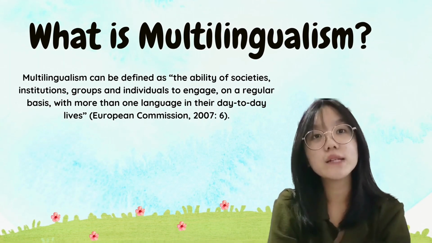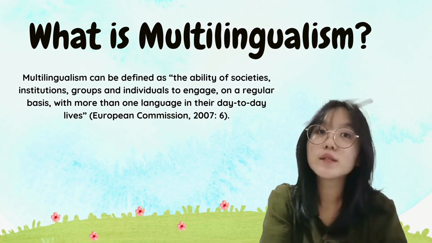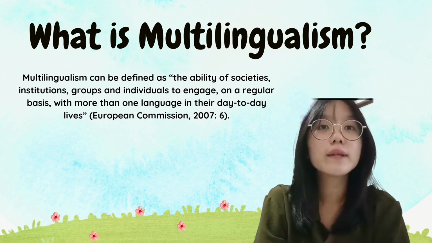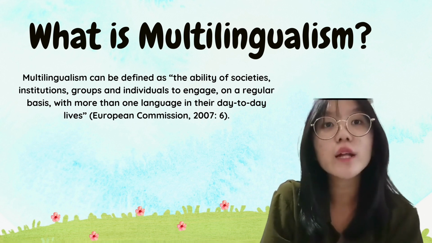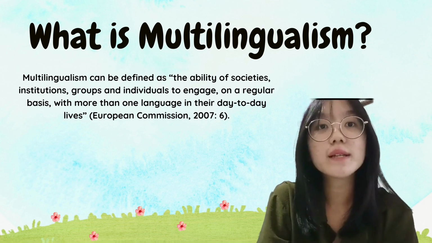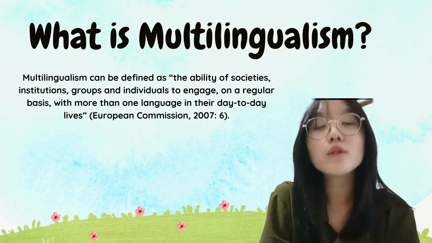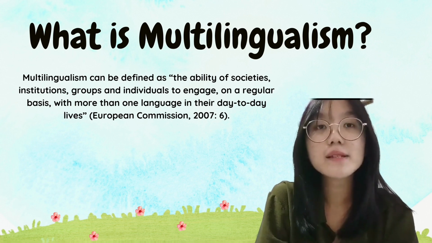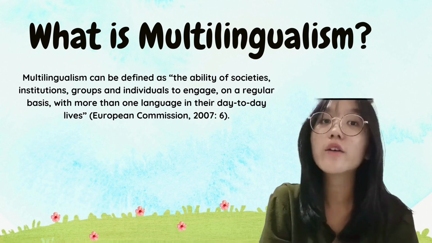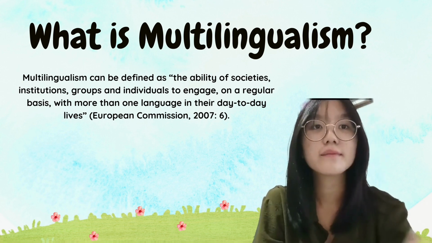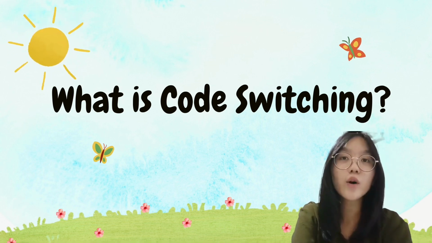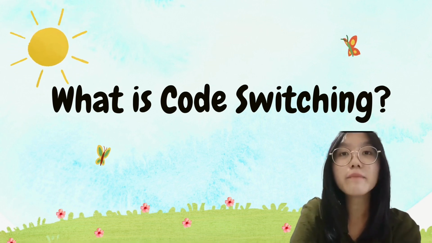So, what is multilingualism? Multilingualism is a person, which can be an individual or societies or a group, that is able to speak more than two languages. So why is it related to code switching and code mixing? Because a multilingual can emphasize the grammar and also suggest a hybrid form of words or phrases or clauses in sentences. Okay, let's start to discuss our first topic about code switching. It will be explained by my partner Darren.